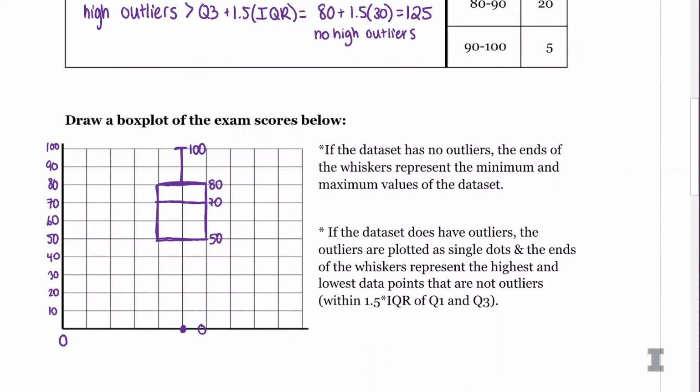So if I go back to the problem, it said the lowest score was 0, and that's an outlier. And then the next lowest score was 6. So that's our first lowest score that's not an outlier. So I'm going to draw my bottom whisker down to 6. And there I have a nice looking box plot. And this was a vertical box plot, but I could have drawn this as a horizontal box plot if I wanted to. But the vertical looks good for now.